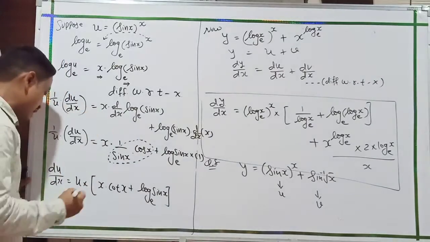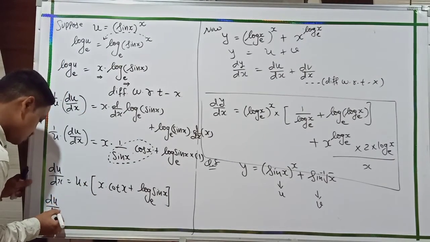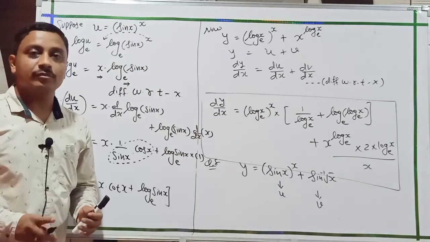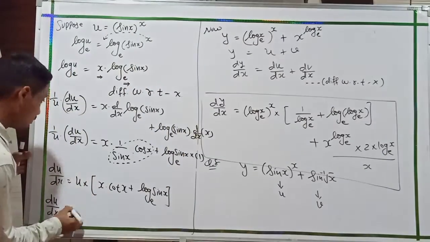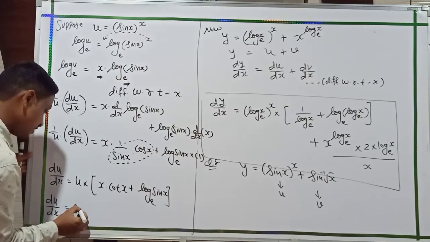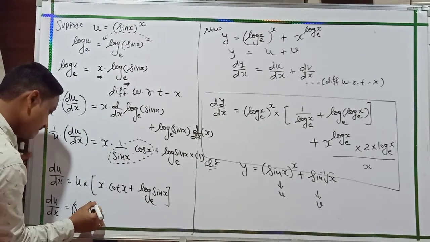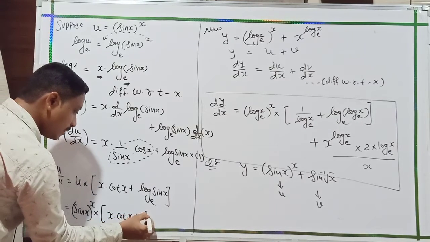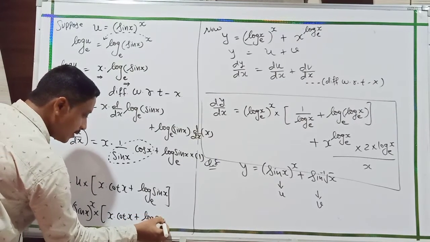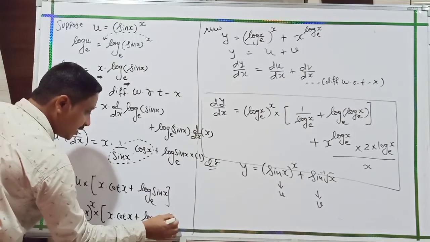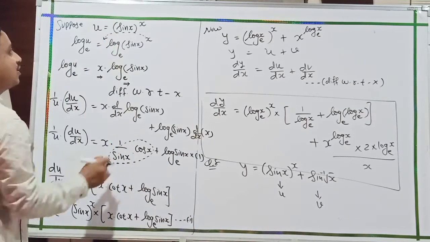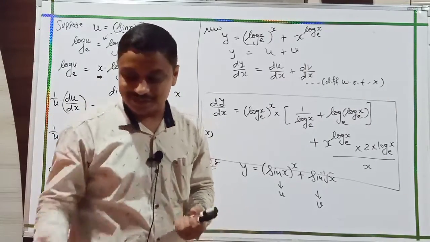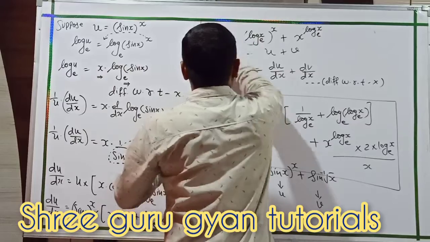And now putting the value of u. So du by dx, this value, students, I only and only apply. So the value of u, students, what is u? Sin x to the power x. And here the same, x into cot x plus log of sin x to the base e. And here we get our statement number 1 done, students. This u is ready. Now I slowly start for the v side.